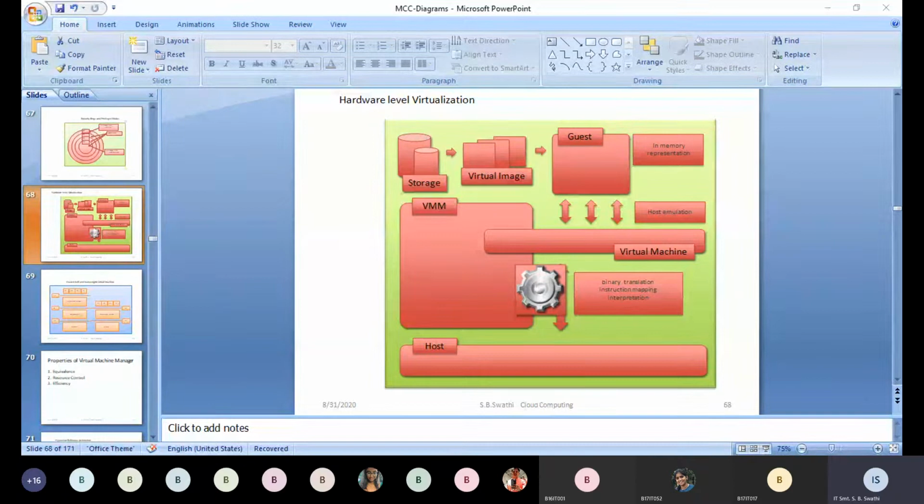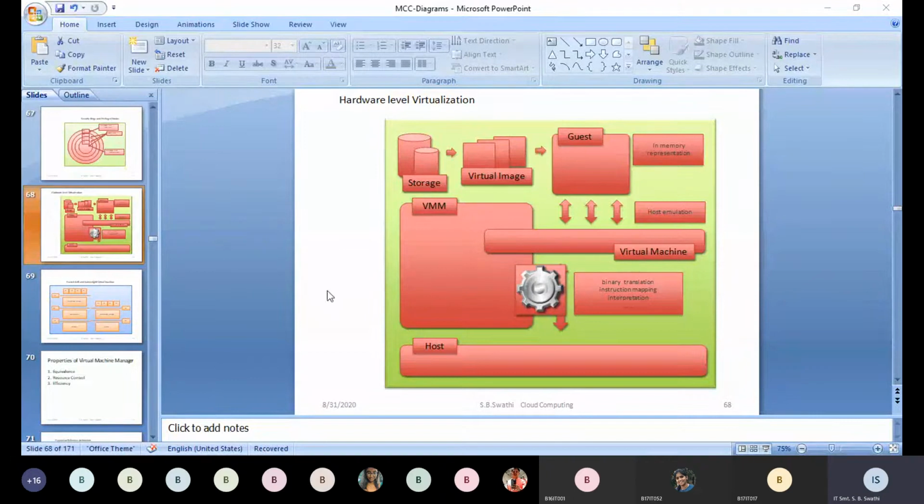All those instructions come under privileged instructions, and the normal instructions which the user executes for his programs, like arithmetic operations or general instructions, just running a program, come under non-privileged instructions. So both these will be used under hardware level virtualization.